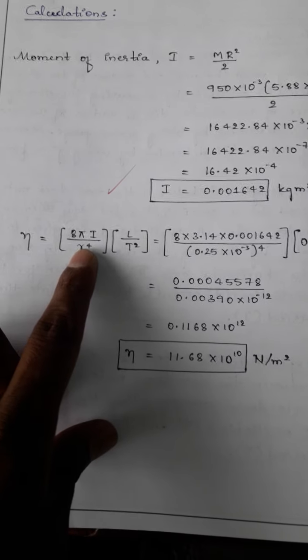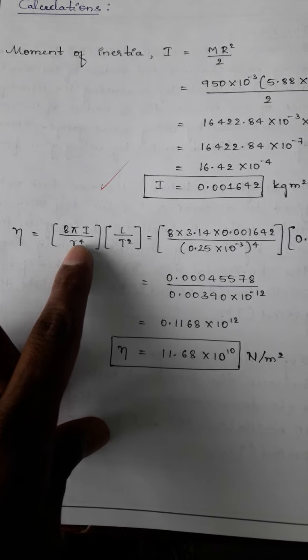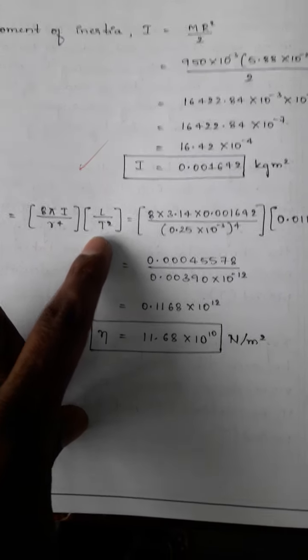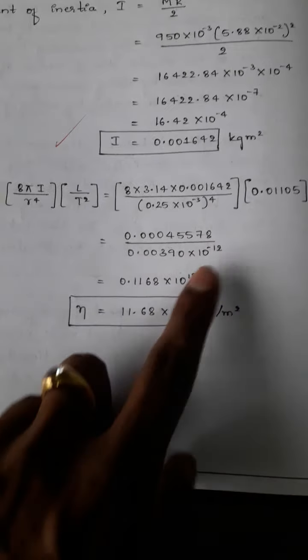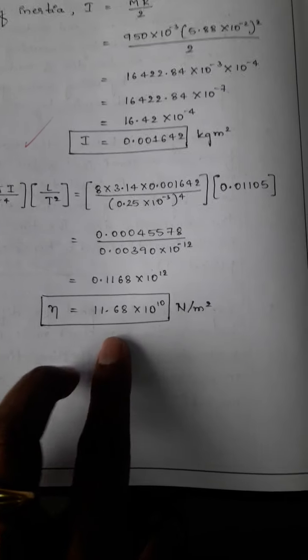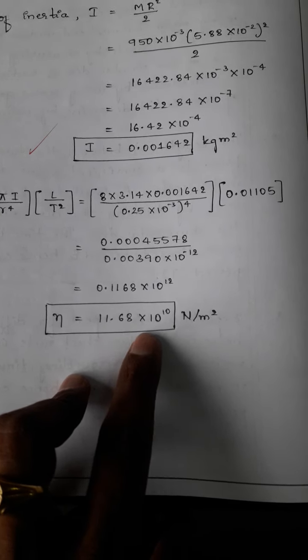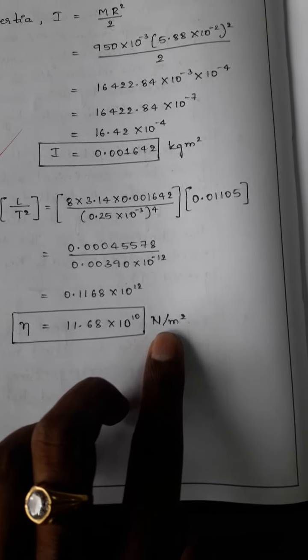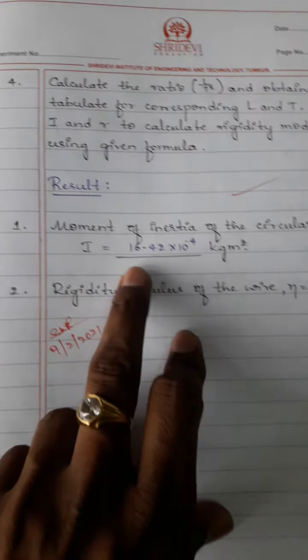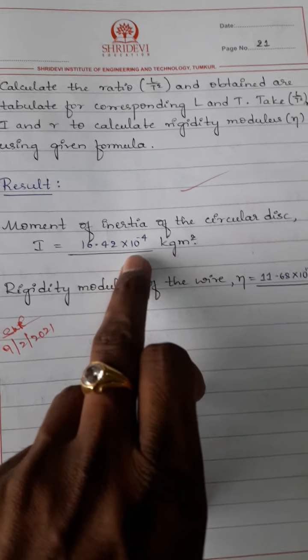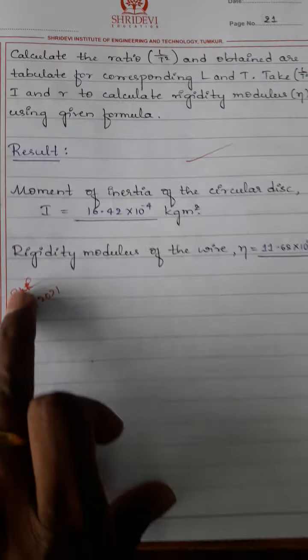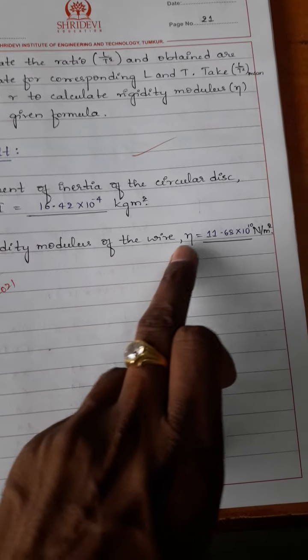Similarly, eta is equal to 8 pi I divided by R to the power of 4. Substitute L by T square mean and all the values. Finally, eta is equal to 11.68 into 10 to the power of 10 Newton per meter square. Finally, we write the results. Moment of inertia I is equal to 16.42 into 10 raised to minus 4 kg meter square, in terms of powers. Rigidity modulus of the wire eta is equal to